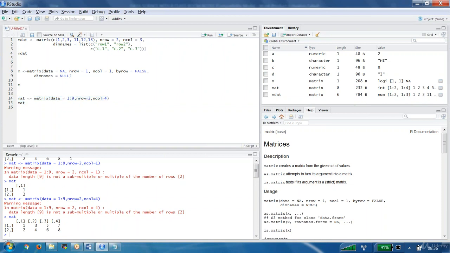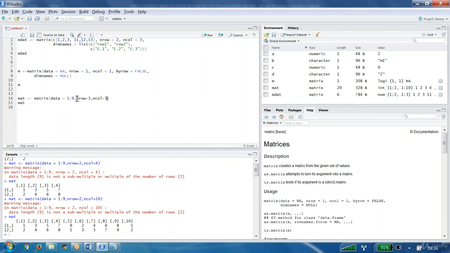Suppose we put here, let's say, 10. Then click on run. What will happen? It's cycled and it's given the 10. Whatever number you give, it is going to work using the cycle method. Okay, now we understand what the correct proper values are. 3 by 3 is the correct value in a given scenario. 9 elements are going to fit best with a 3 by 3 matrix. That's what we have to provide. 3 and 3 you have to provide.